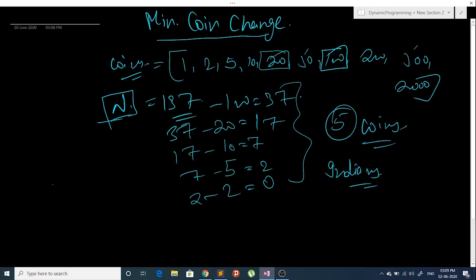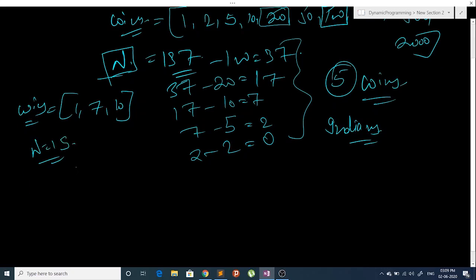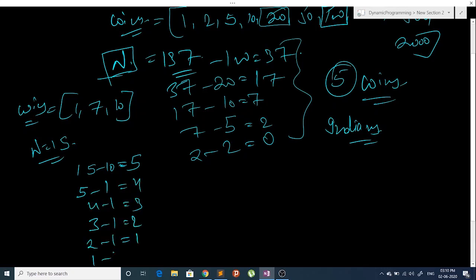For example, if I give you a counter test case where coins are 1, 7 and 10, and n equals 15. Now if you apply this greedy approach, you will have 15 minus 10 equals 5, and for 5 you will have only 1, so 4, 3, and for 2 you will have 1, and for 1 you will have 0.